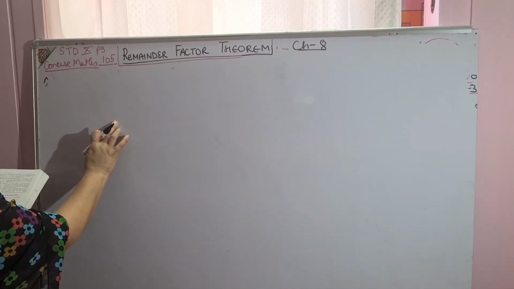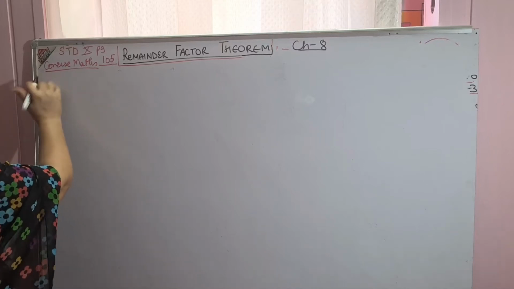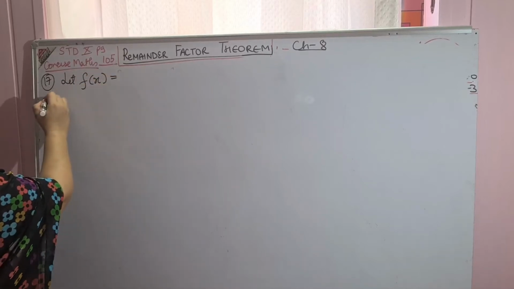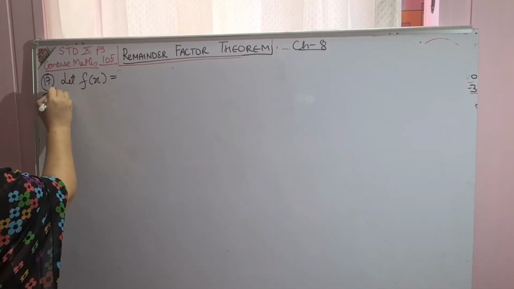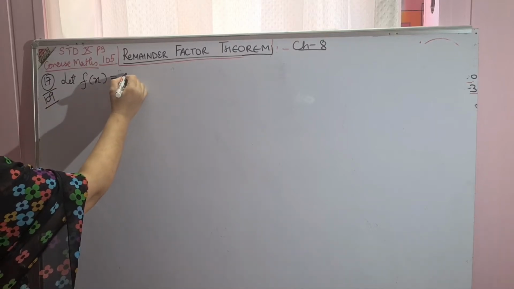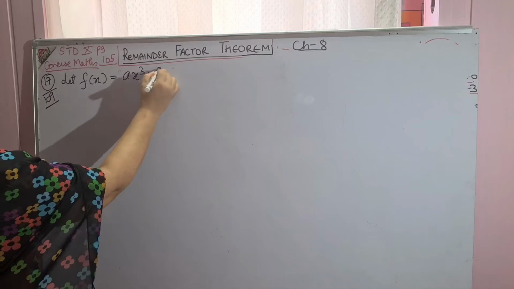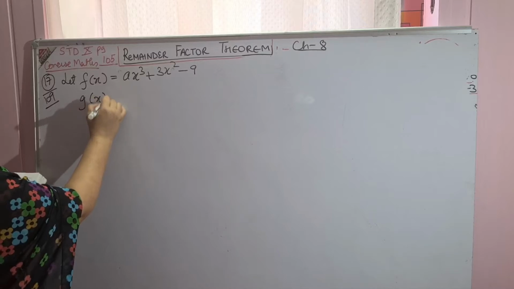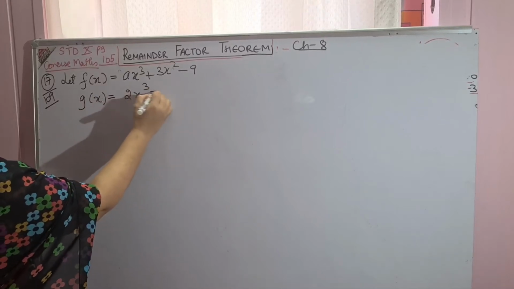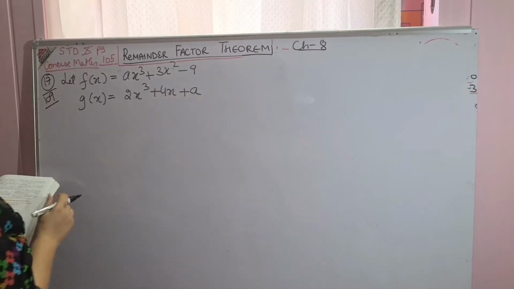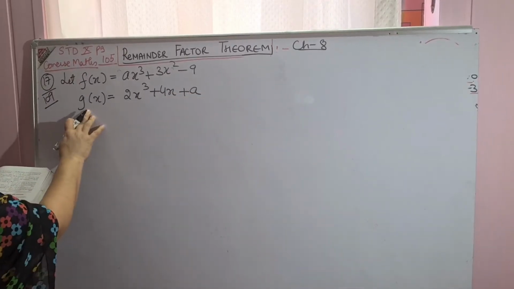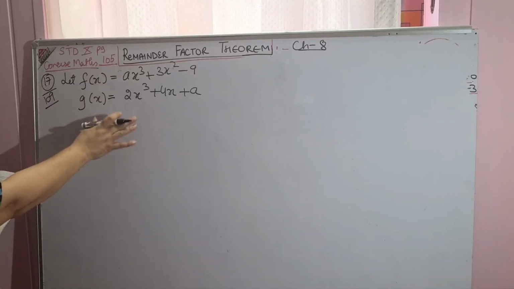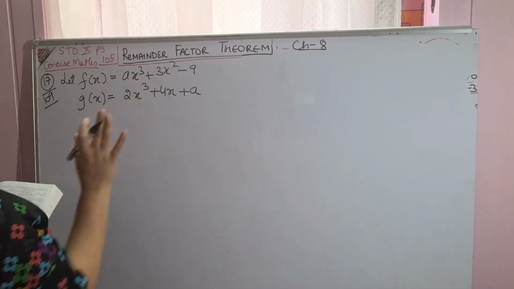exercise, that is find A if the two polynomials. Now this time two polynomials are given. So let f(x) is equal to, this is page 109 of remainder and factor theorem. f(x) is given to be ax cube plus 3x square minus 9, and g(x) is equal to 2x cube plus 4x plus a. So this time the second polynomial I have named as g(x), and children trust me, there are not more than two polynomials. So very easy, I name them f(x) is equal to this and g(x) is equal to this, the second one,